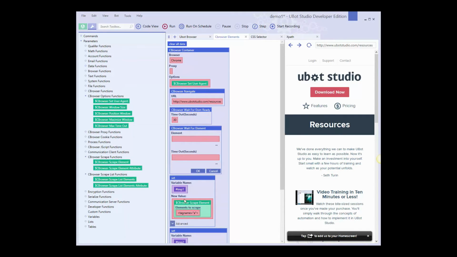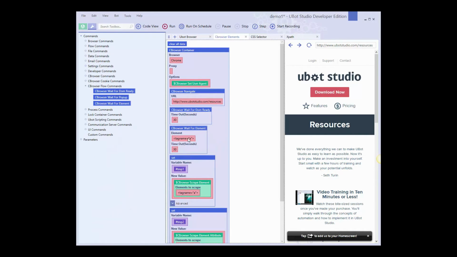element and then just wait for the element I want to scrape, right? Just to ensure that it's really there, right? But be careful, if there's more than one, this event will trigger as soon as the first one is showing up on that page. So if you want to scrape more than one, it could be that the page is still loading, but that the event continues. So I would normally always use both, right? I would use the wait for DOM ready, and then I would use the wait for element, just to ensure that the element I'm waiting for, because I want to extract it or use it or change it, whatever, is